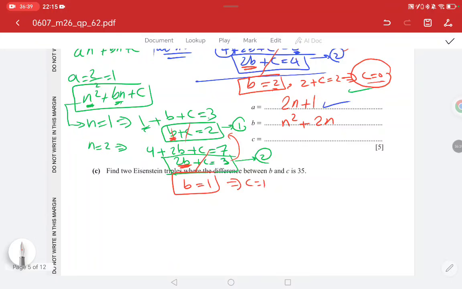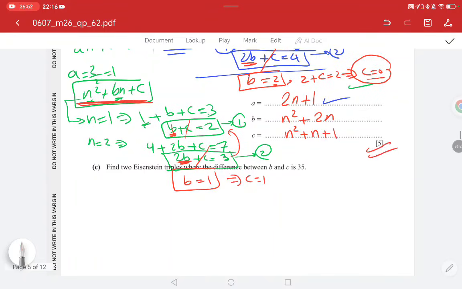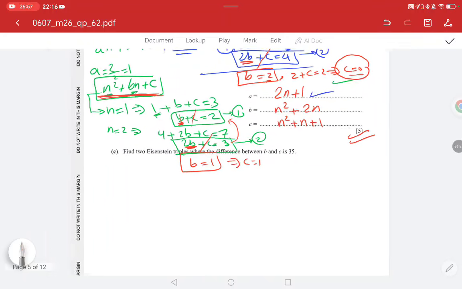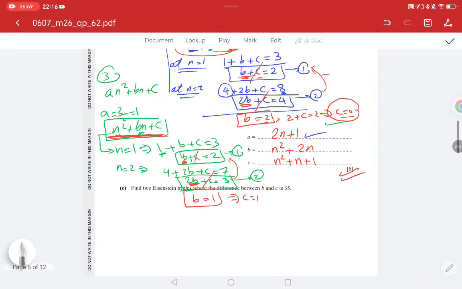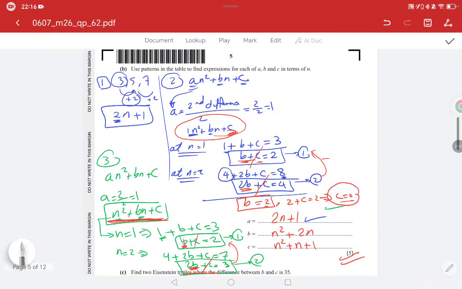So what is our formula now? This is our formula, okay? So n squared plus b is 1, so 1n, plus c is 1. Okay? So this is the answer, 5 points, because this one is a little bit long. So you should know at least how to find the linear sequence, how you can write the nth term of the linear sequence, and the quadratic sequence. Okay,